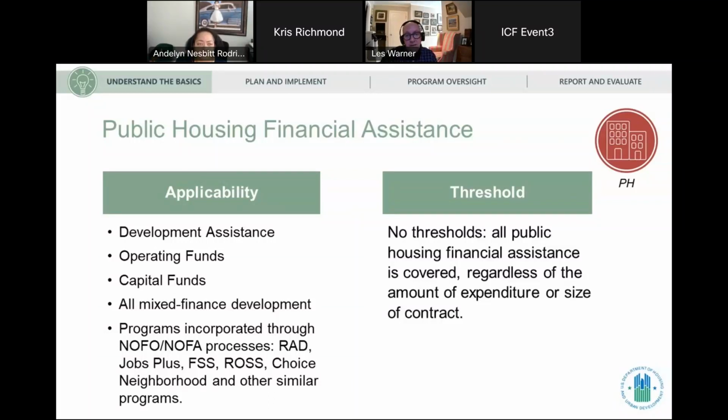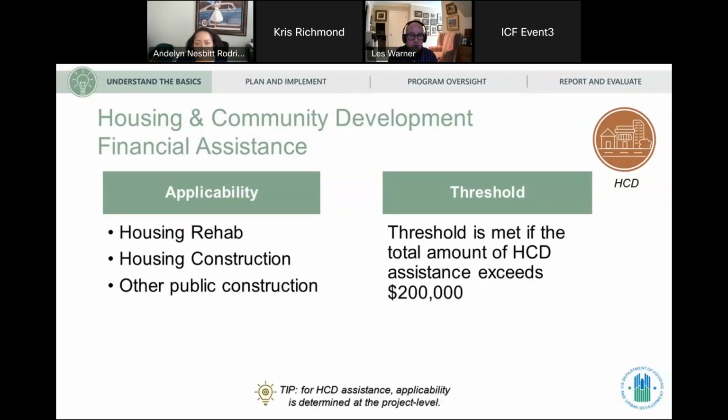Then under HCD, we also have this threshold test. Is it over $200,000? There you go. Thank you. And I would guess almost every infrastructure project you're doing is going to be over that. So at that point, we know that this project itself is triggering Section 3.